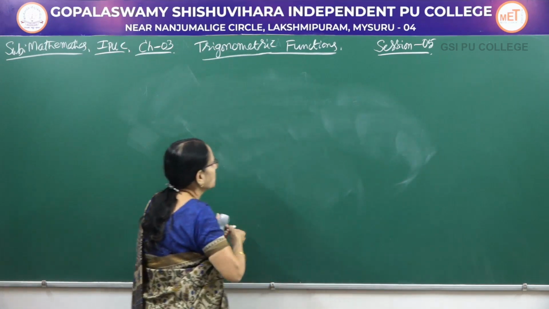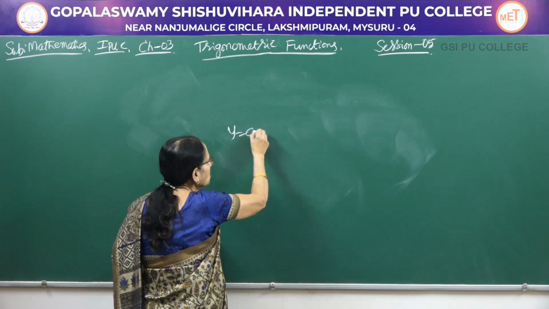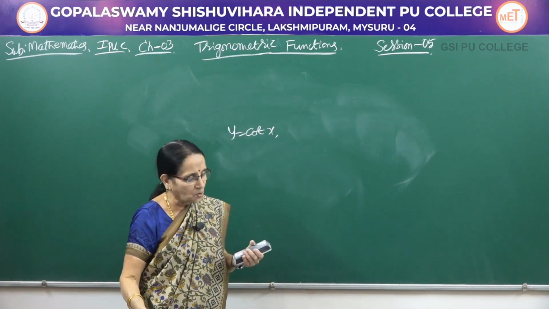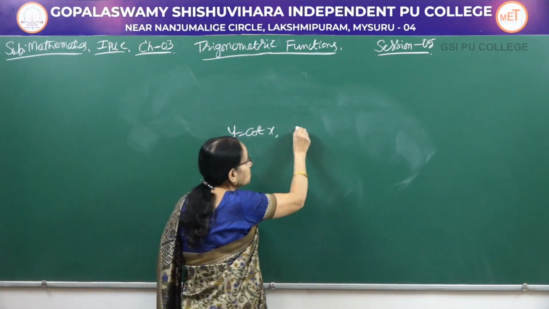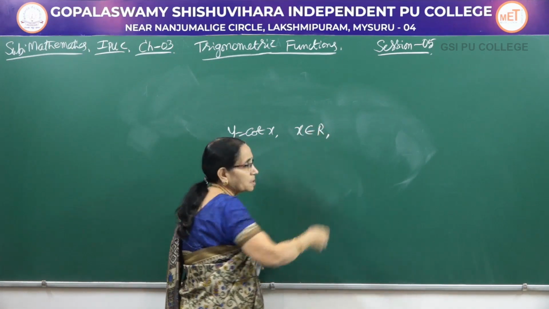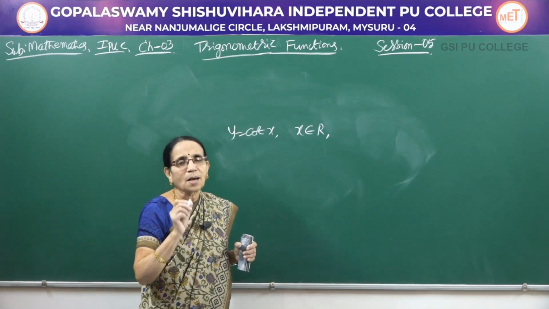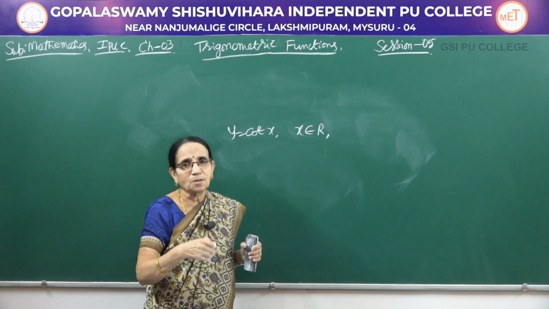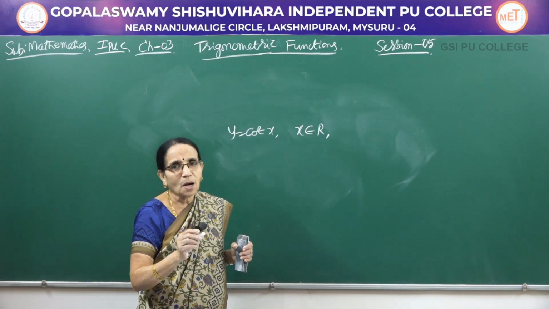Similarly, come to the last function, y is equal to cot x. When you take y equal to cot x, what values can you assign for x here? Again, first, x belongs to R. But here again, you know that tan 0 is 0, so cot being the reciprocal of tan becomes 1 by 0. So that value has to be avoided.